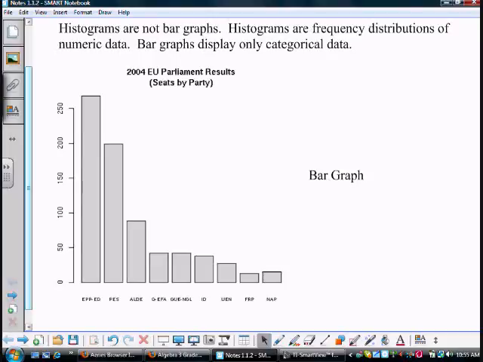On a bar graph, you'll have categories as your horizontal axis. It could be names, sometimes it's years, whatever kind of category you are graphing. And the y-axis, the vertical axis, is sometimes counts and sometimes percentages. The histograms that we're going to make today